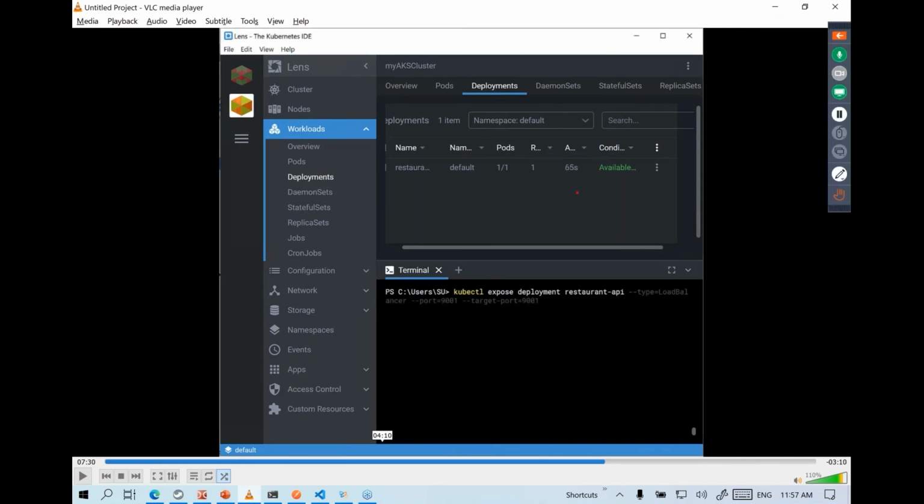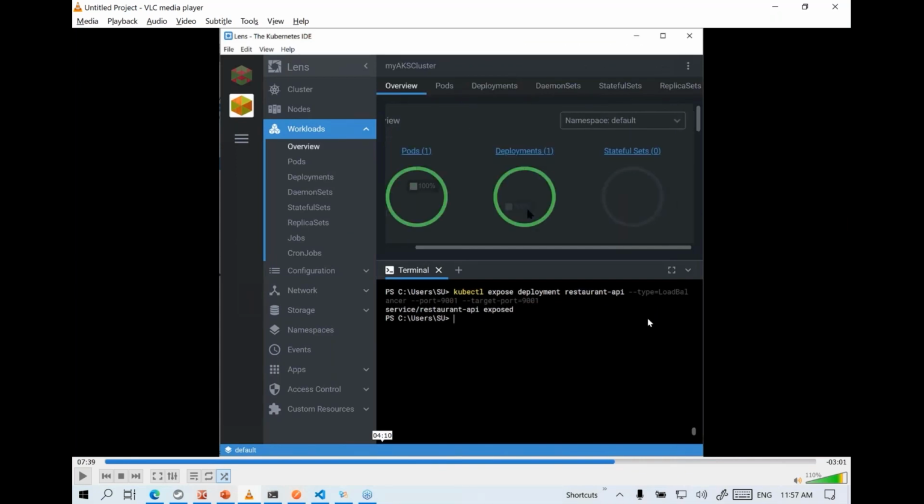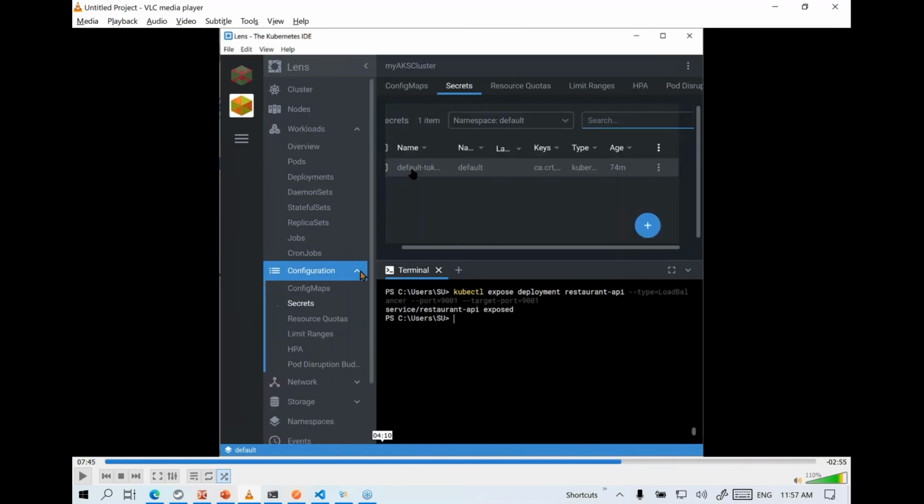And for that, we use kubectl expose deployment. And then there are various deployment strategies or networking strategies, like we can use load balancer, node port, clustered IP. For now, I'm using load balancer. And once you expose your service, it will show you the service and this config, or eventually we'll end up switching to network.